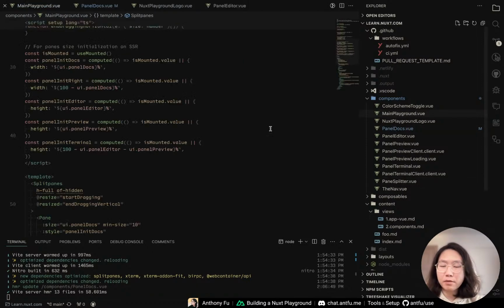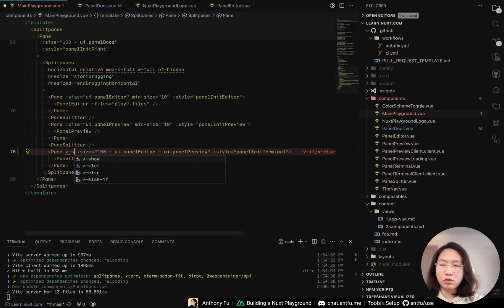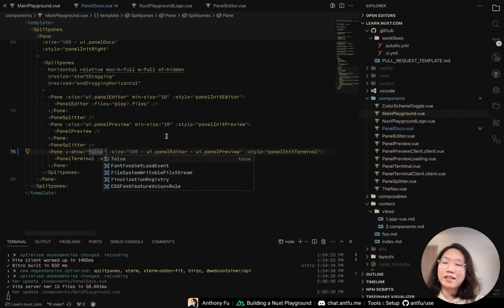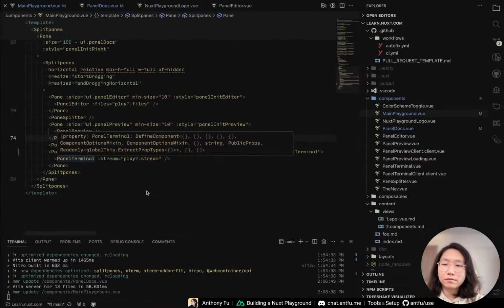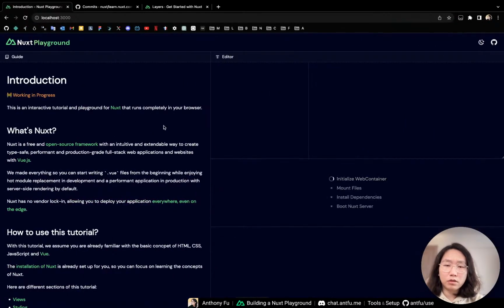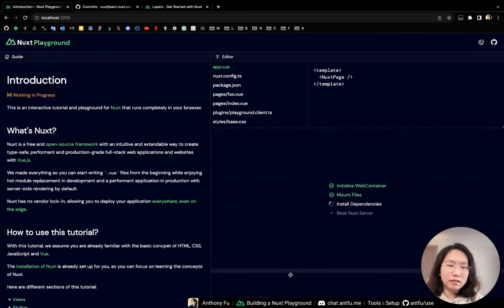Let's go to the main playground, and I'm not sure if I set v-show equal to false. We don't want to use v-if, because we want to keep the terminal instance running. So if we put v-show, okay, it hides that thing, but it's not